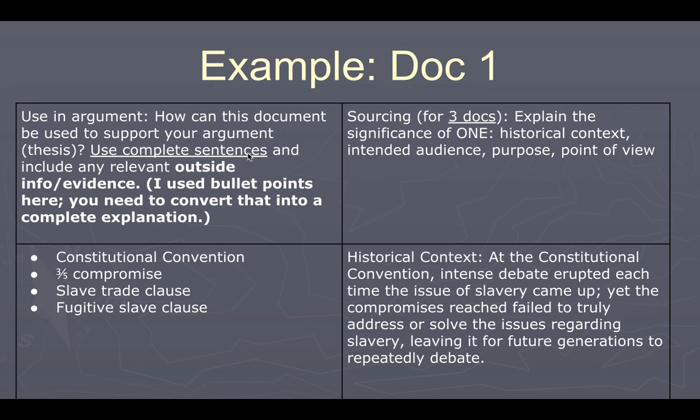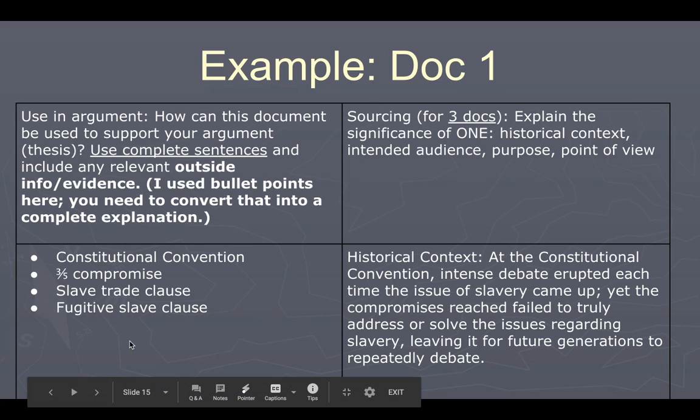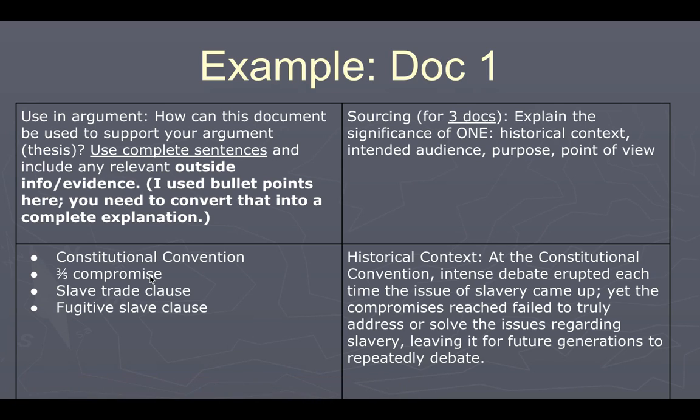Please do not say the words, "This document can support my argument by." Just bring up what the document is about. So for me, I would bring up the fact that this is from the Constitutional Convention, that all the way back at the Constitutional Convention, the discussion and debate over slavery was a huge and massive issue, as can be